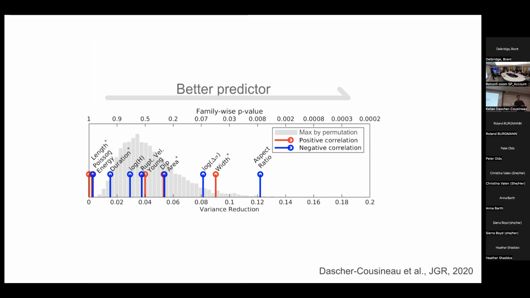One thing that stands out for starters is that the variance reduction, the amount of variance that we're explaining with these predictors, is pretty small, like 10% of the variance in relative productivity, even for the best predictors. And those include stress drop and the normalized width of these ruptures, so how narrow they are compared to an earthquake of a similar magnitude. And finally, the aspect ratio seem to be parameters that affect